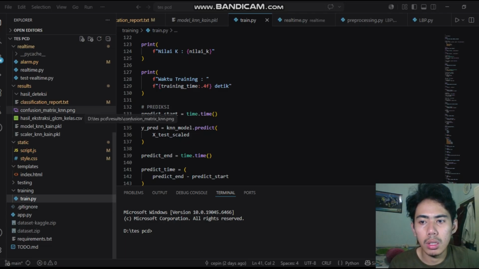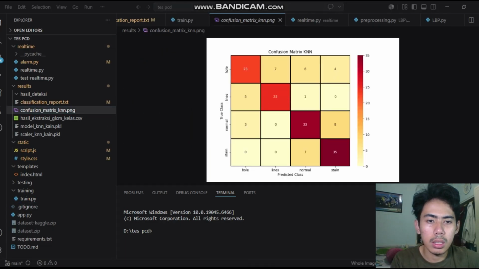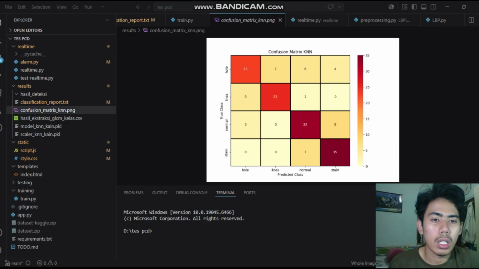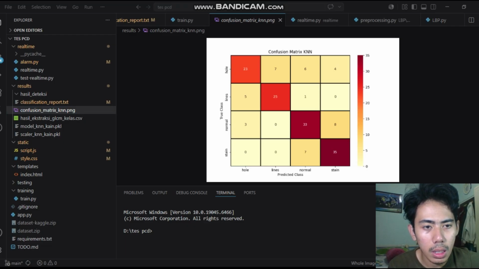Based on the confusion matrix, most data were classified correctly, especially in the stain and lines classes. However, some whole data were still misclassified because their texture characteristics were similar to other classes.